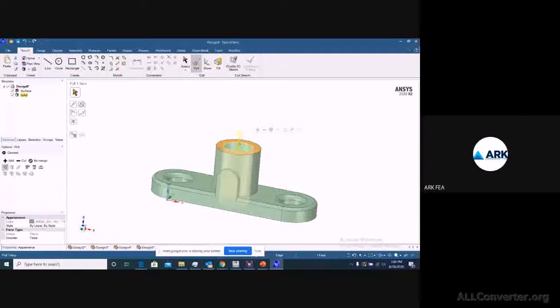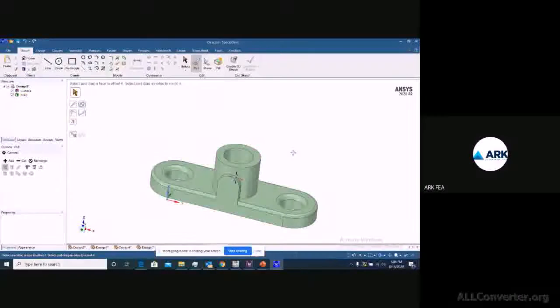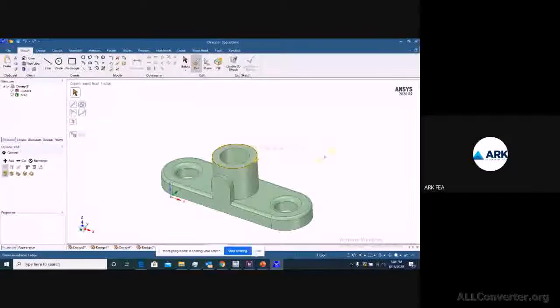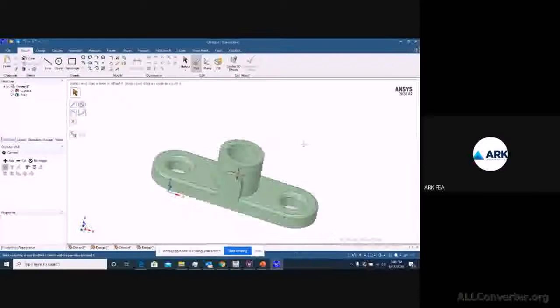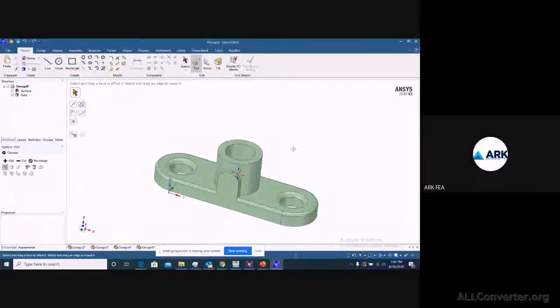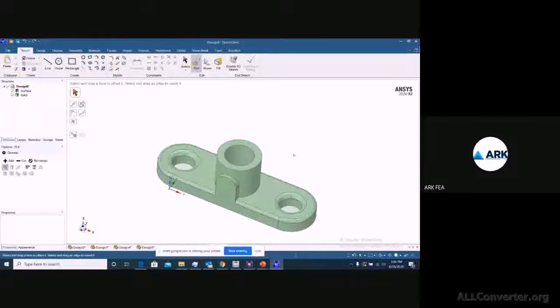Right? So this is one of the simplest workshops. This is how you can create a geometry. So this was it, how to deal with SpaceClaim.